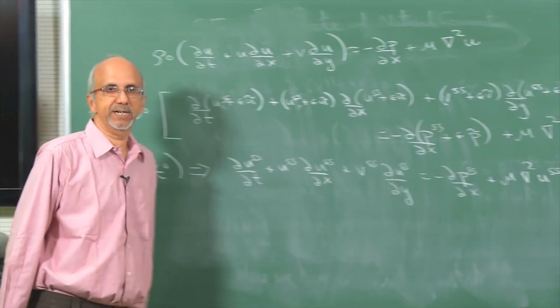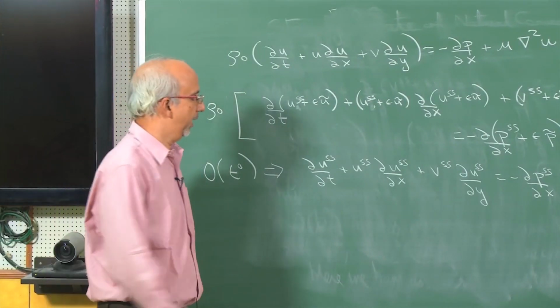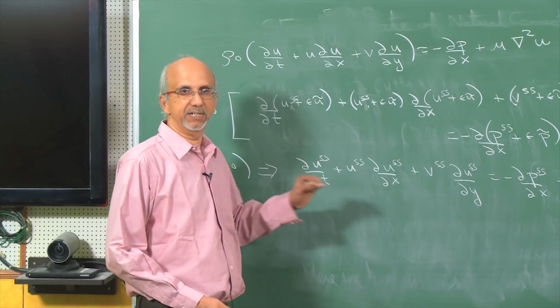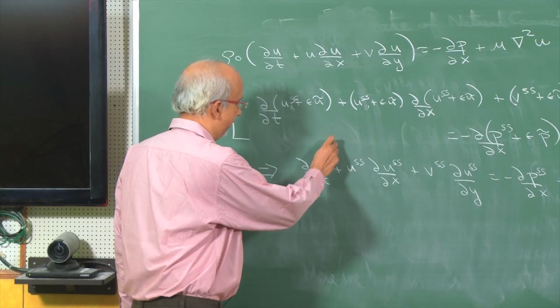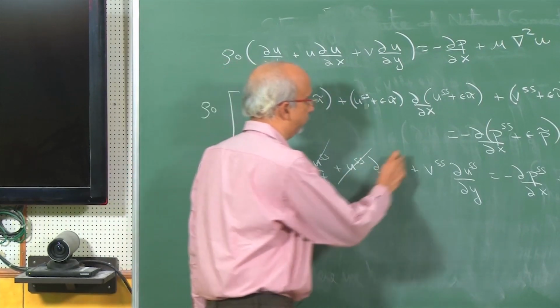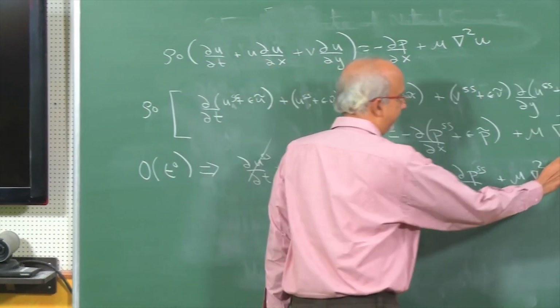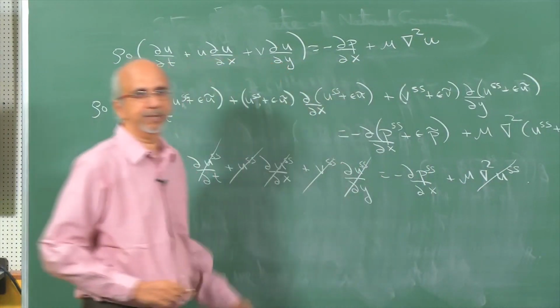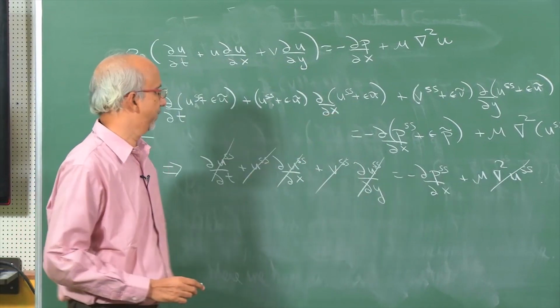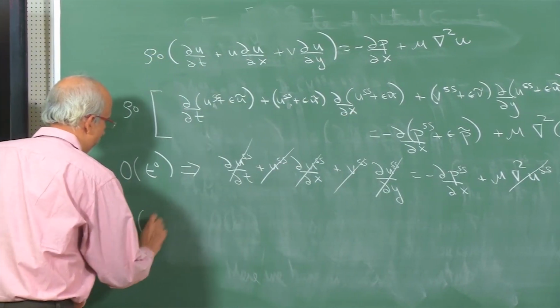And this is basically your steady state equation like I mentioned earlier, and our steady state is the trivial steady state where the x velocity component is 0. So, all these terms go off and this goes off and we say that there is no pressure gradient in the x direction. Now, at order epsilon to the power 1,